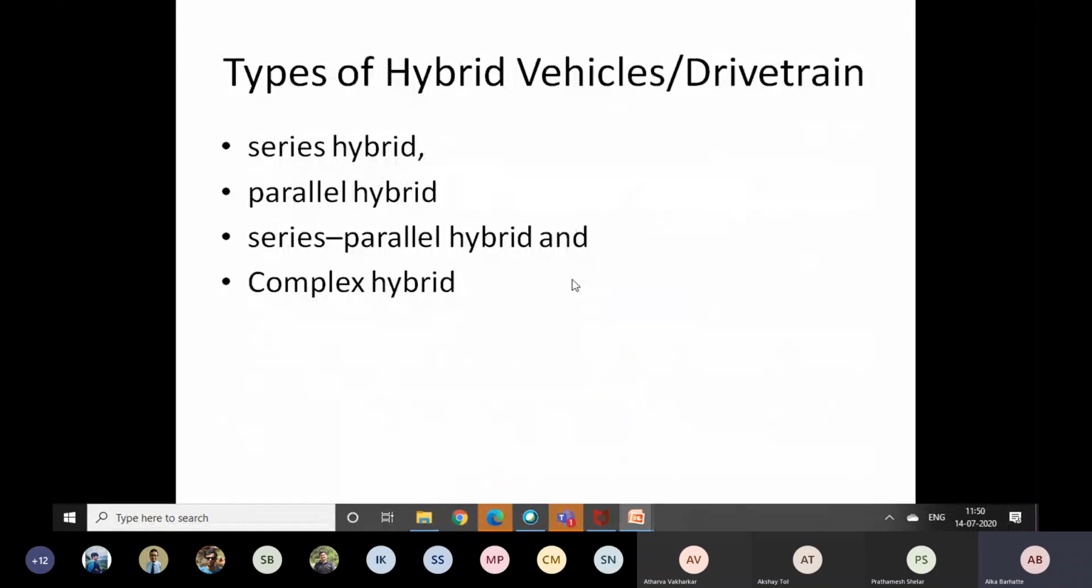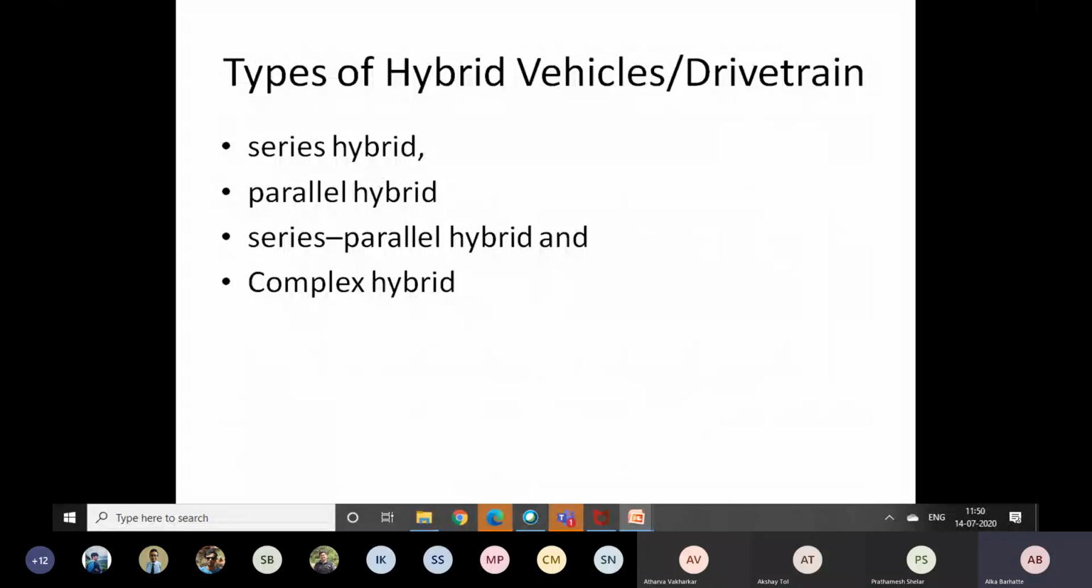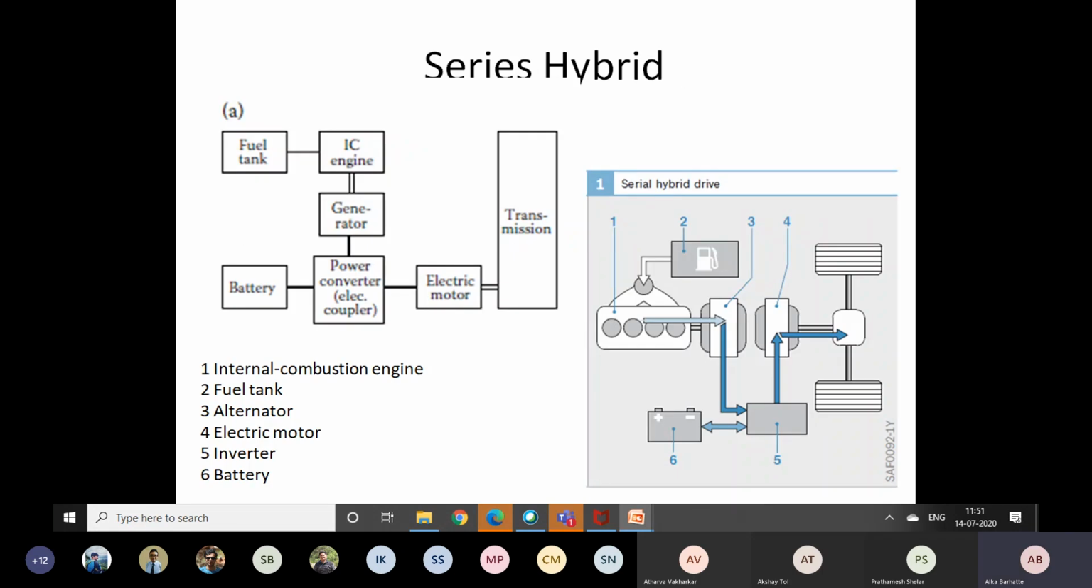So how can these things be obtained in hybrid vehicles, and what are the different architectures of hybrid vehicle drivetrains? That we'll see. Initially there were only series and parallel hybrids, but nowadays we can find combinations of series-parallel as well as complex hybrids. So this represents your series hybrid